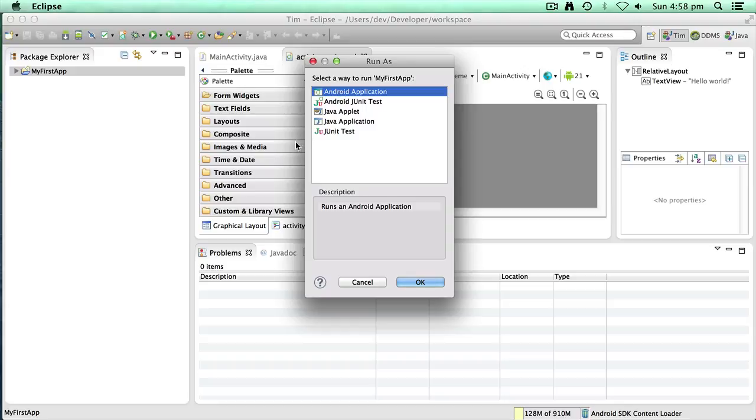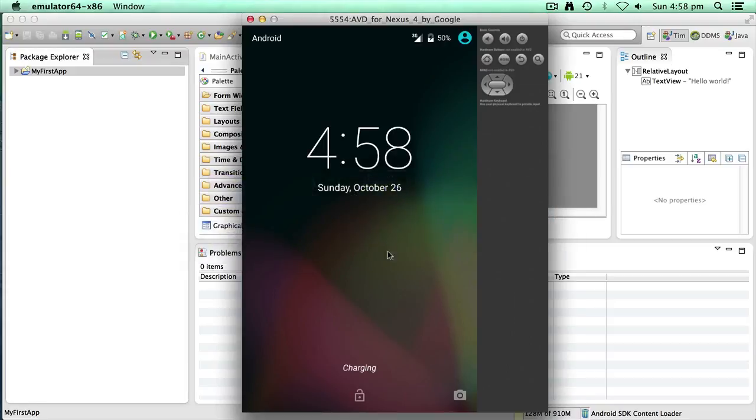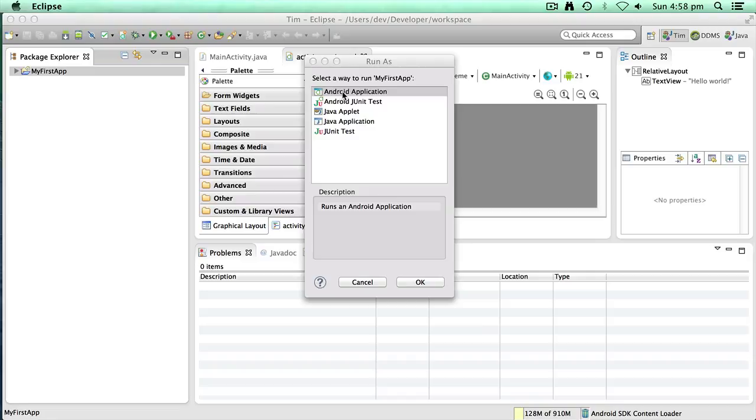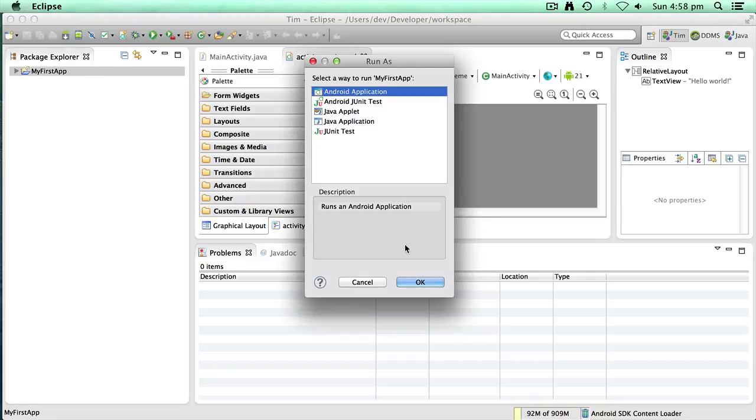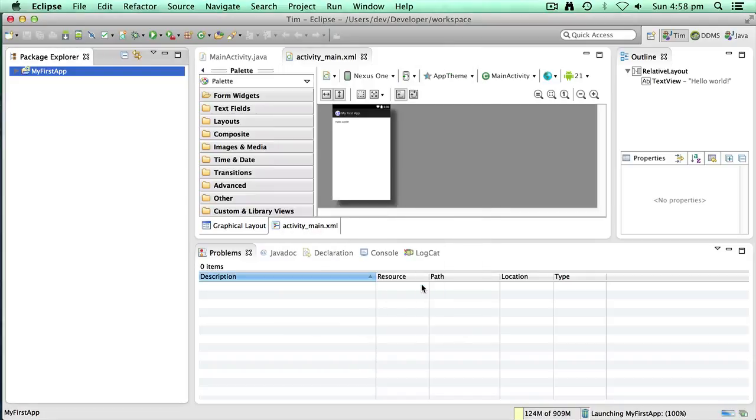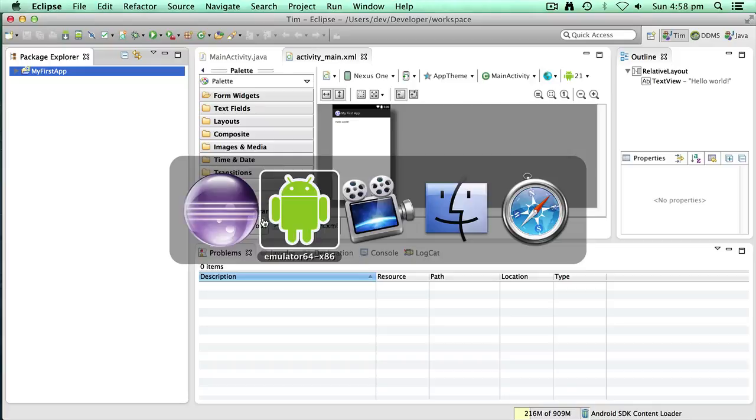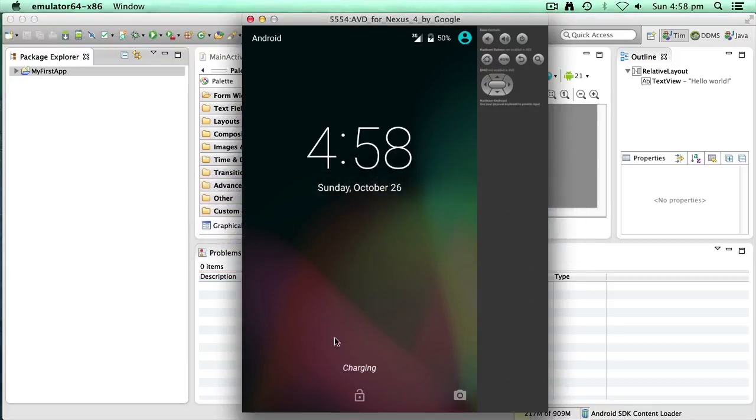But I'll just tab over and make sure our virtual device is running. Yes, that's now running, so that's good. I'll go back to Eclipse, select Android application and click on OK. Down the bottom right hand corner, you can see it's launching My First App, building workspace, and it is also transferring the application that it's created to the emulator, also known as the Android virtual device. If you go back there and unlock it,